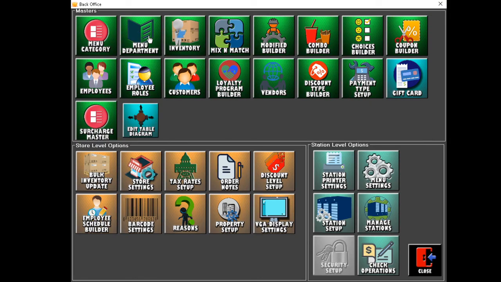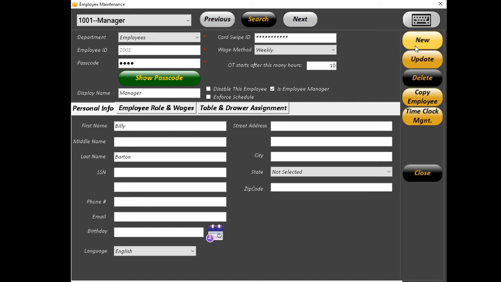Now back in the back office here, we also have the ability to add new employees. It's simple enough. We're just going to hit employees. I'm going to hit new on the right side here. And then you can see it's going to generate a unique ID, which you can't change. A password is what the employee is going to use to log into the system and clock in and clock out. So I'm just going to type in one here, give them a display name,